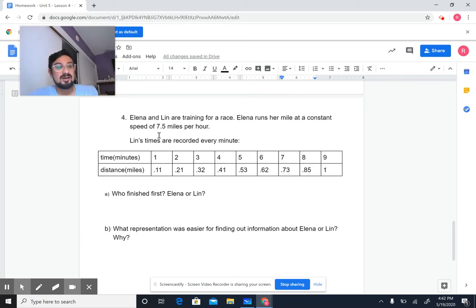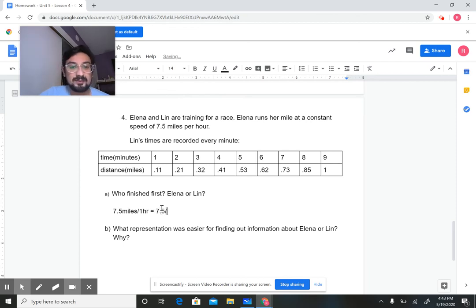And then this one is 7.5 miles per hour. And so this one's going to take a little more work because who finished first? Elena or Lynn? So who hit their mile first, Elena or Lynn? Well, Elena's is 7.5 miles per 60 minutes, which is an hour. 1 hour, right? Not the same as 7.5 per 60 minutes,